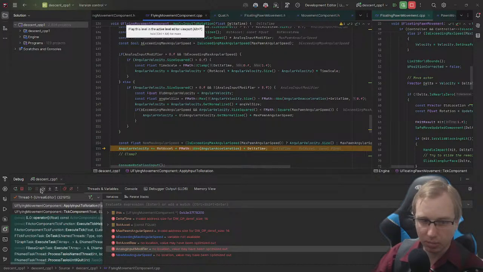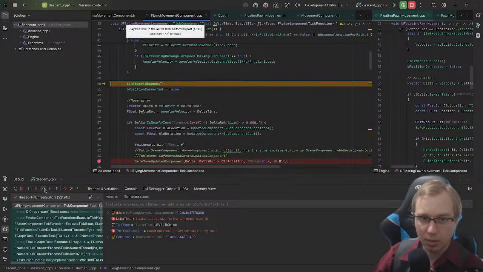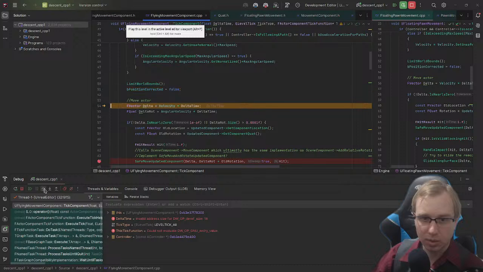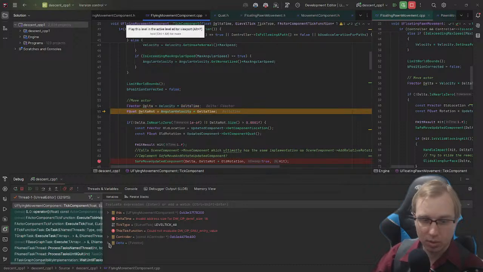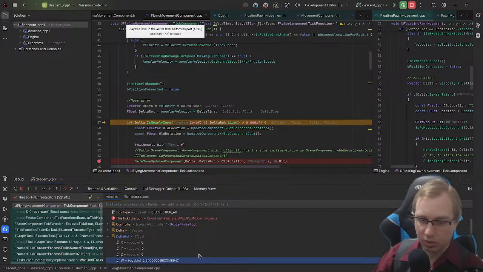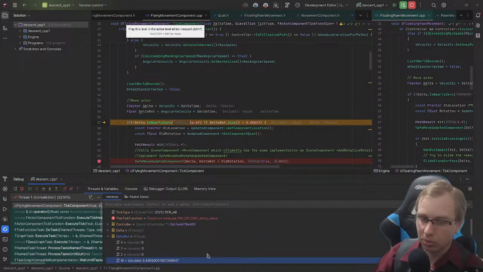We'll look into that in a minute. Okay. Next thing we want to look at is delta rotation here. Very interesting. I think what this means is that we're rotating around 0, 0, 0 with a size of,